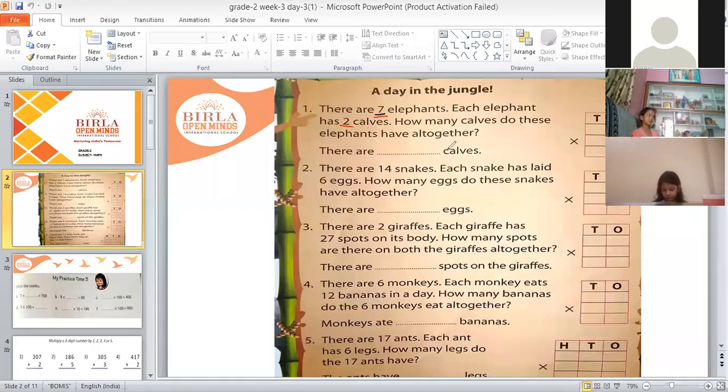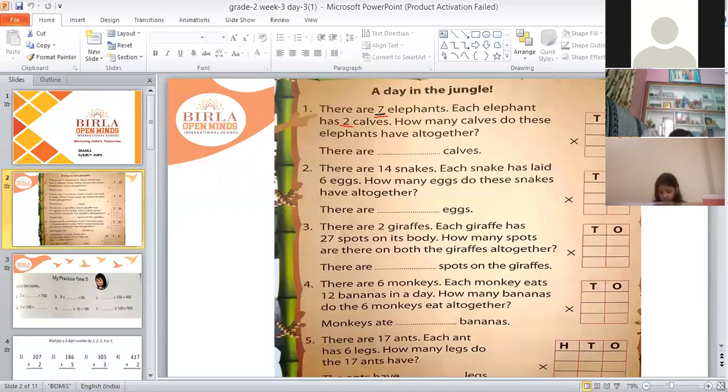I'll repeat again. This is page number 129 of your math textbook. Okay. So our first number is 7. So we will write this 7 in ones place because it is a 1-digit number. Then your next number in the question is 2. So we will write that 2 below this 7. Okay. So beside this multiplication symbol, number is 2. So we will recall which table? We will recall 2 table.